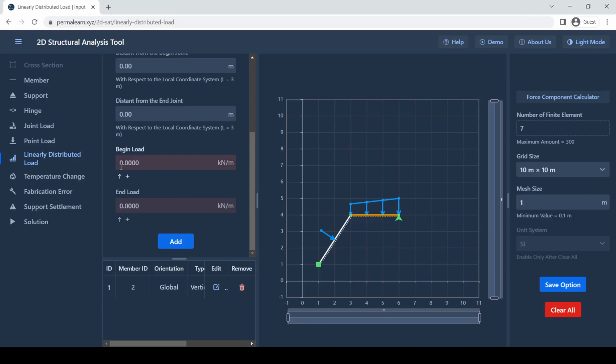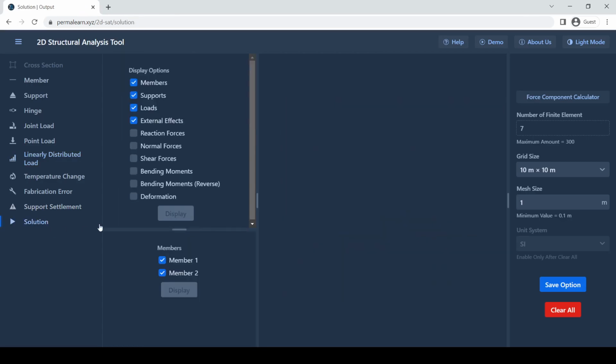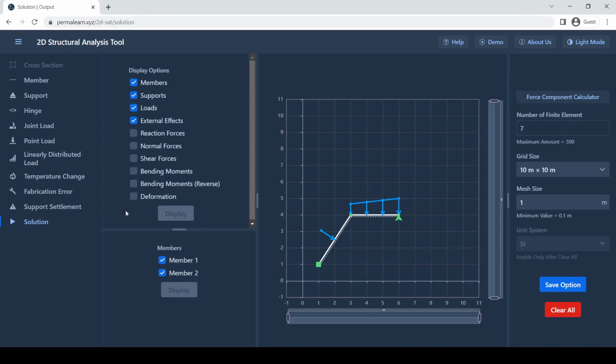And now what we essentially have is a structural analysis problem. We have a member, a support, and a load. There are also some other structural components like the hinge and the external effect, which I'm not going to cover in this quick tutorial, but feel free to explore by yourself. Anyway, we can go to the solution tab over here, which solves the